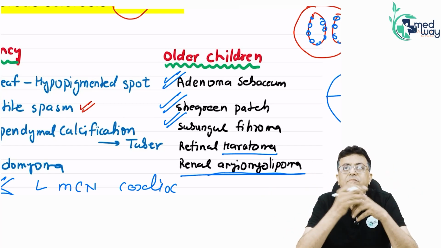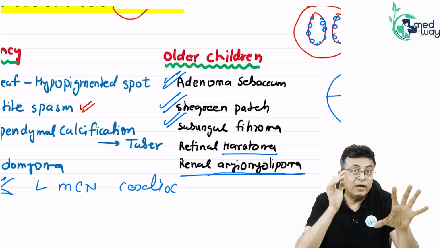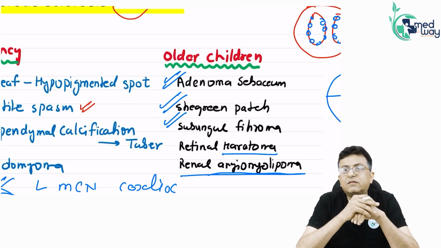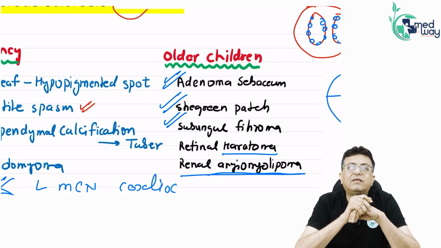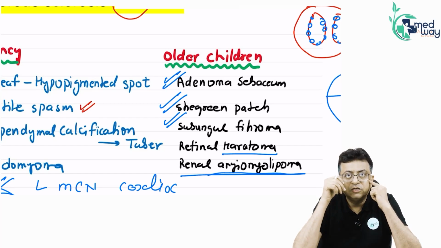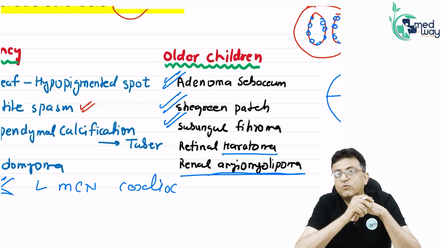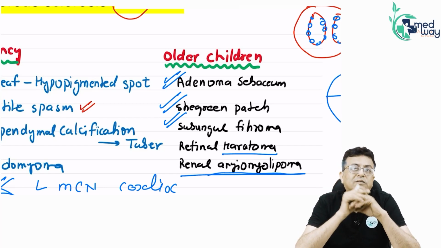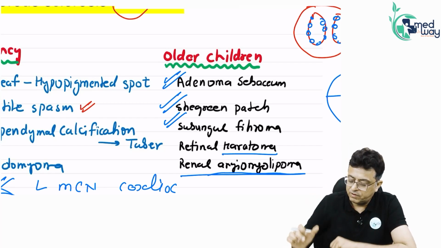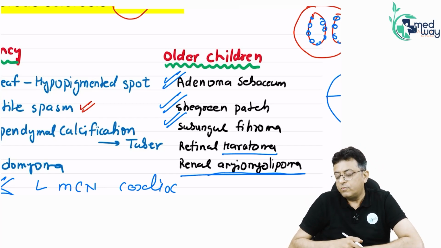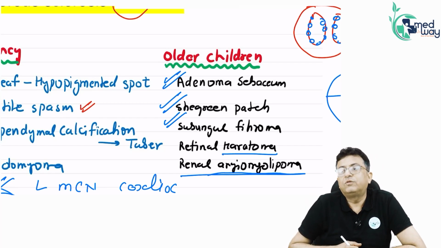Do an MRI, subependymal calcification. Do an echo, you may get 33% rhabdomyoma. As the child grows, classical stigma appear: adenoma sebaceum, shagreen patch, periungual fibroma, retinal hamartoma. Send the child for ophthalmology examination. Send the child for USG abdomen because the kidney shows angiomyolipoma. So these are tuberous sclerosis,